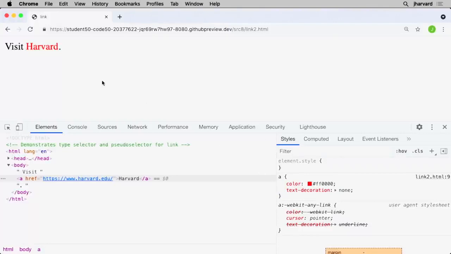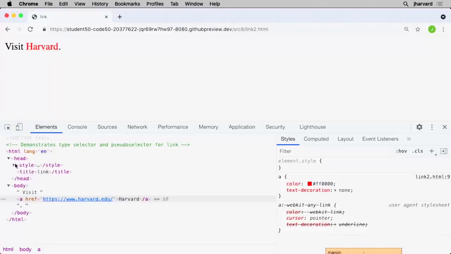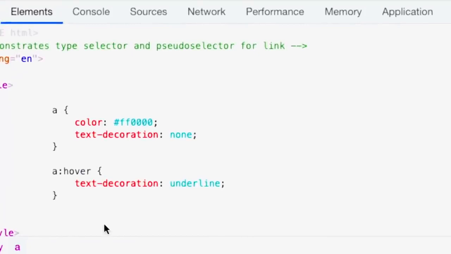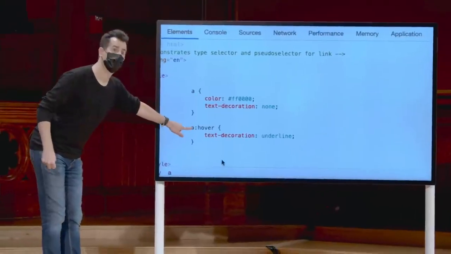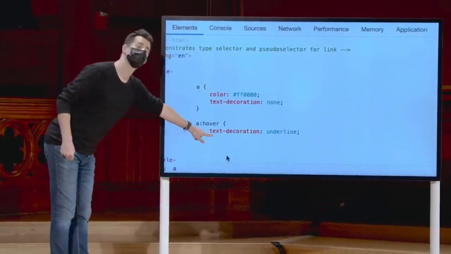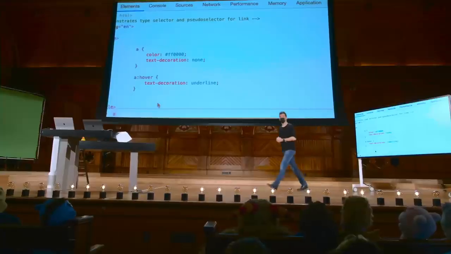But maybe, watch this, maybe the line comes back when you hover over it. Well, let's look at how I did this in style. Notice that I have stylization, and I put my curly braces on the same line here, as tends to be convention in CSS. Color is red, text decoration is none. But whenever an anchor tag is hovered over, you can change the text decoration to be back to the default